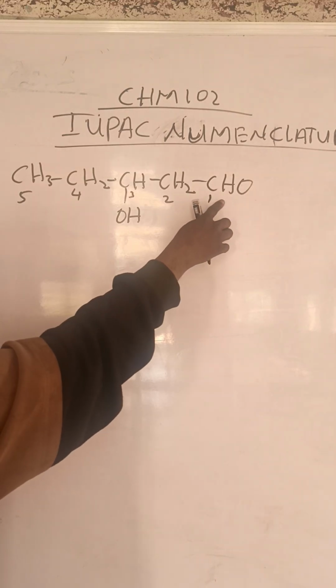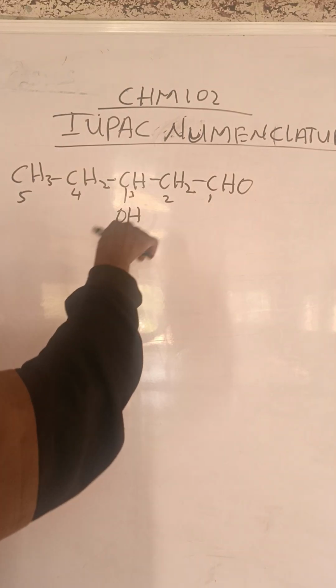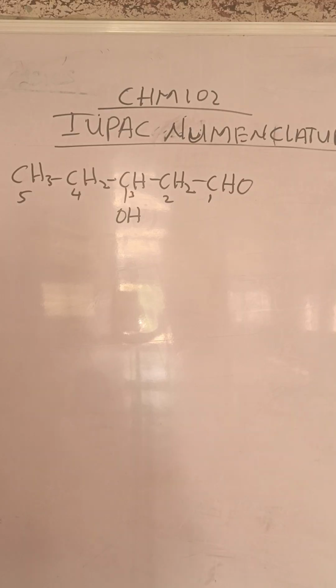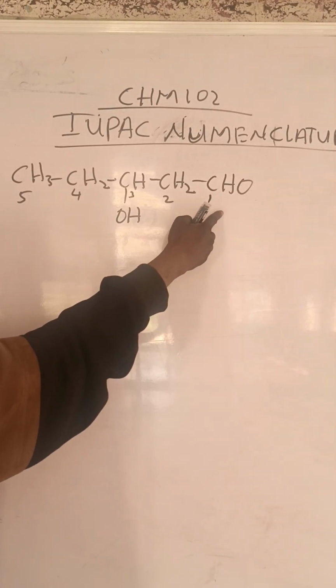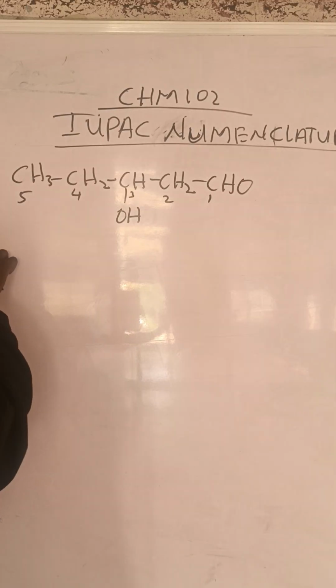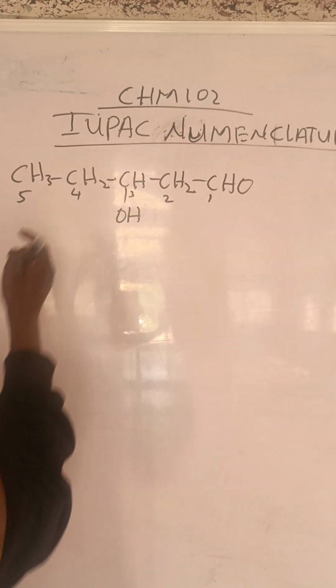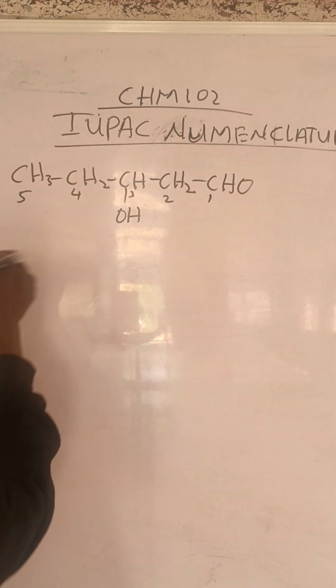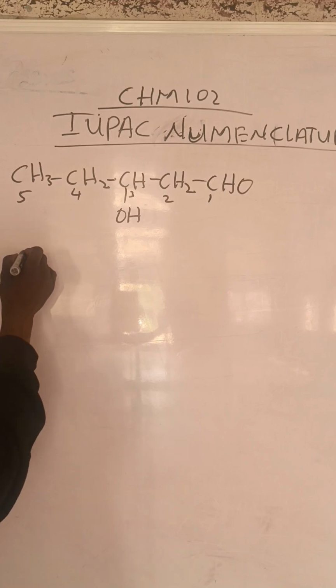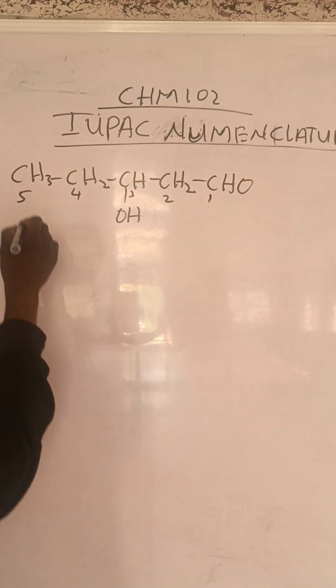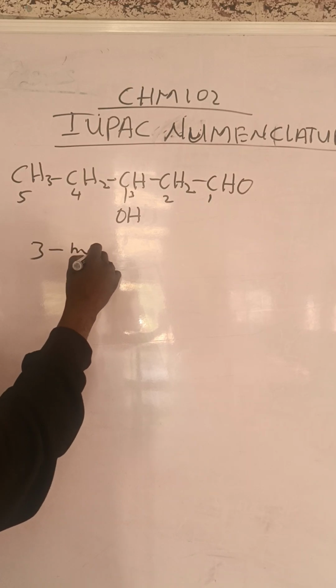But because it belongs to the functional group of alkana, we can call it pentana. Is that taken? Since I count the number of carbon atoms this way, OH is on carbon number 3. That means OH will serve as substituent. It will now give us 3 hydroxyl